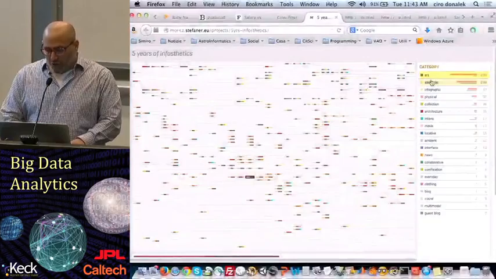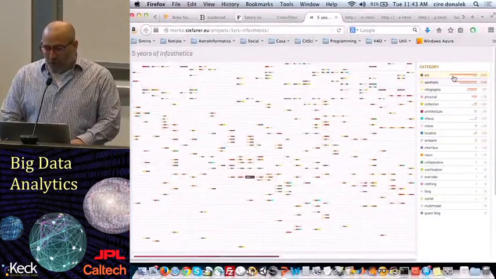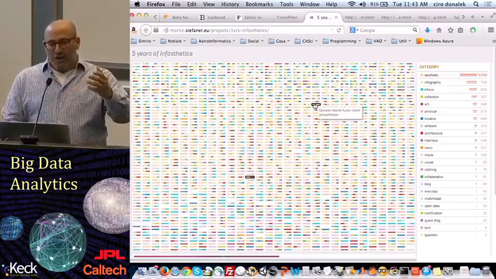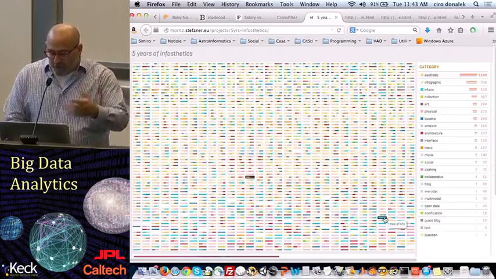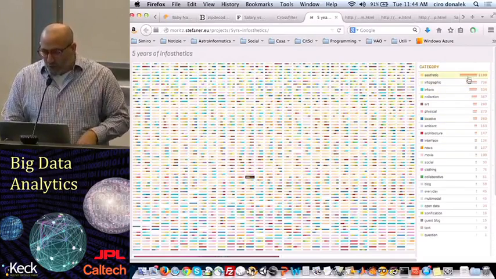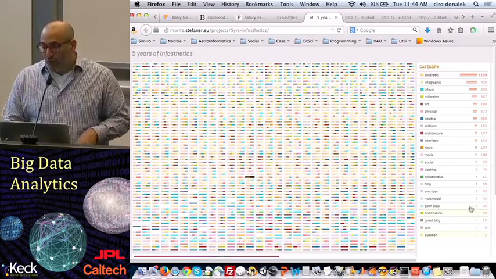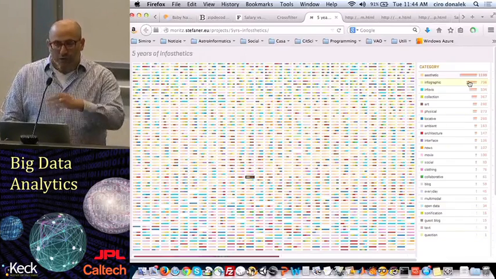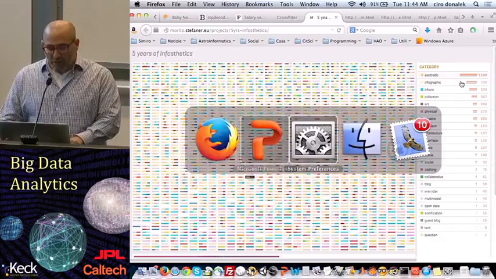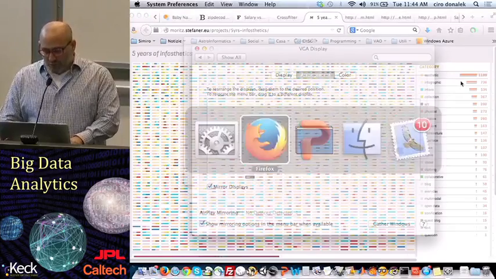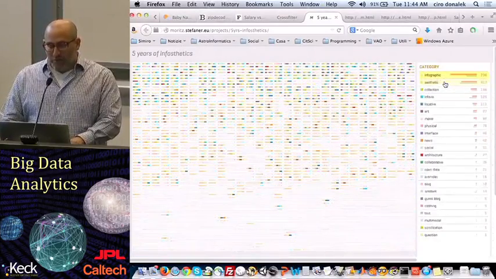So let's go back to look at this. When we start with the overview, what we're able to do is see the entirety. Wow, there are probably 500 of these. You can see the number and the distribution over subjects on the right. Overview is what you get when you first come. Zoom and filter. So I'm able to filter,